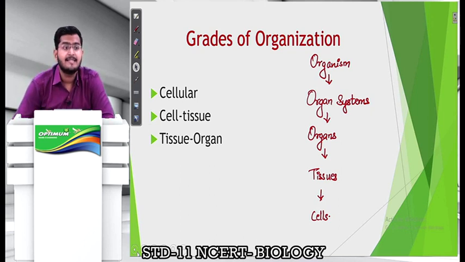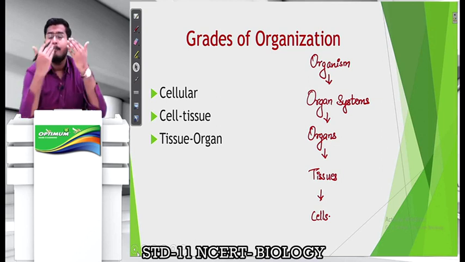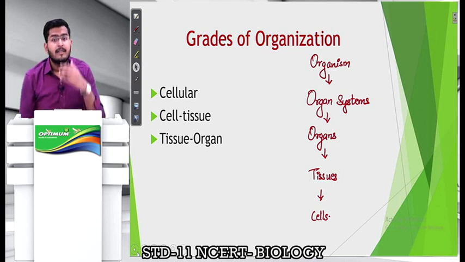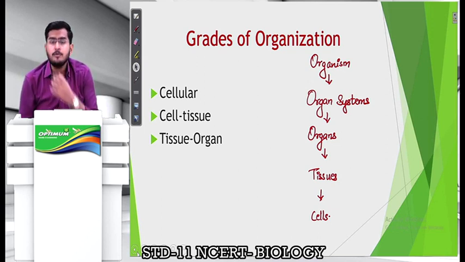Now if you talk about respiratory system, we know that human respiratory system starts with the nostril, you have the nasal cavity, you have the pharynx, you have the larynx, you have trachea, you have lungs, you have alveoli, you have bronchi, so many different parts, right? All these parts make up the respiratory system. But these organs or these parts are made up of certain tissues, and these tissues are made up of certain cells, right?